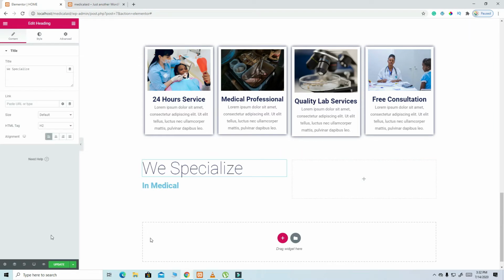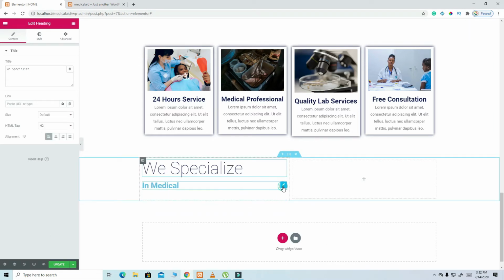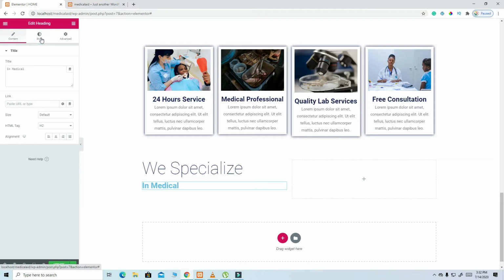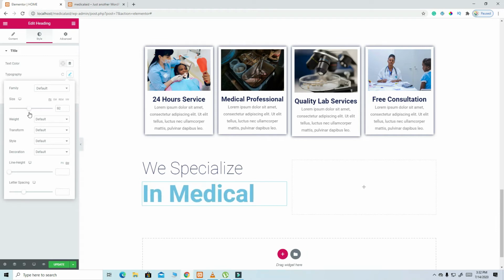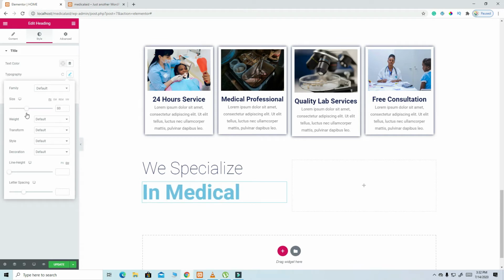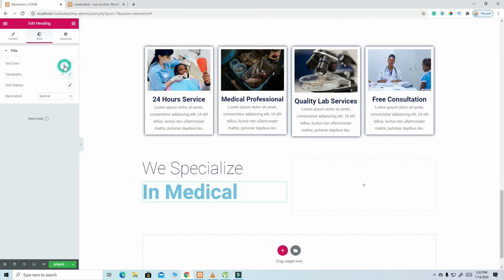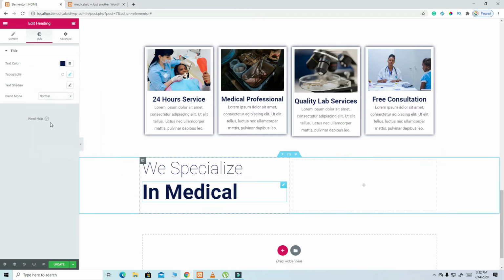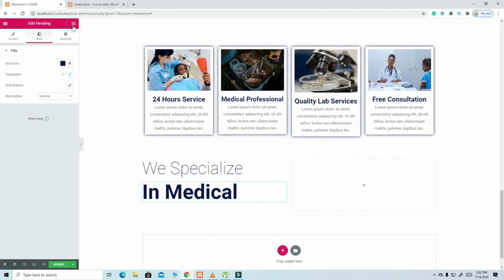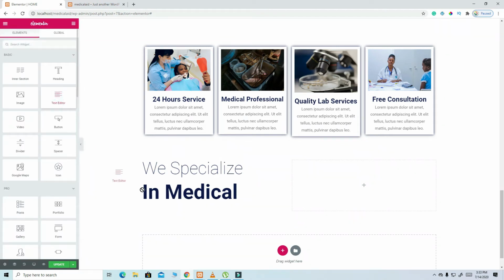Make it the left side like that, and then we are going to work on this one. So typography, let it be bigger, like that. Then I'm going to select this color, use this color of ours, and then I think we are set there. Then from here I'm going to click on this ruby's icon, bring this text here